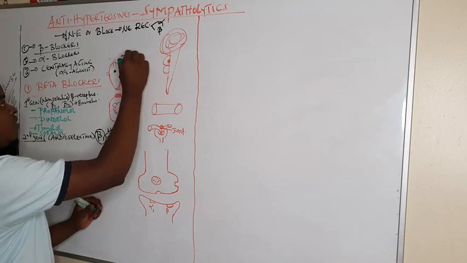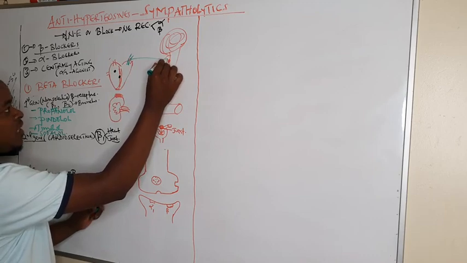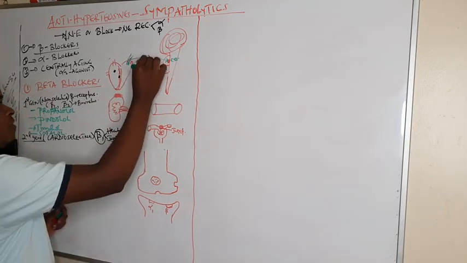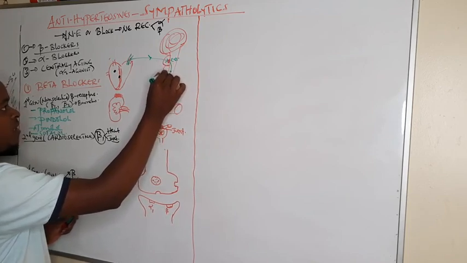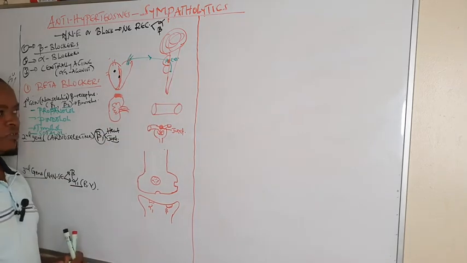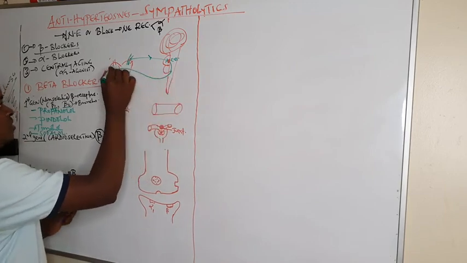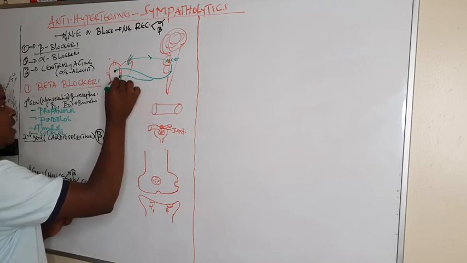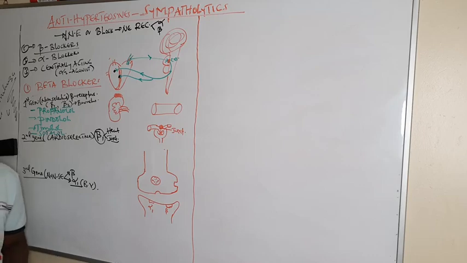So what is their mechanism of action? In the normal situation, we see the baroreceptors, which are found in the carotid and the aortic arch, sending impulses to the tractus solitarius, which controls the cardiovascular center. After sending impulses, these impulses are brought via the efferent, that is cranial nerve 9 and cranial nerve 10. And when they are coming, they have the receptors on the SA node and also at the AV node. That is where they send their impulses in response to increasing blood pressure. So this is the sympathetic